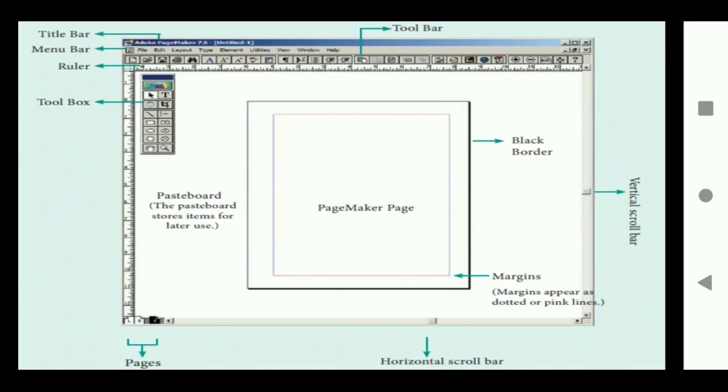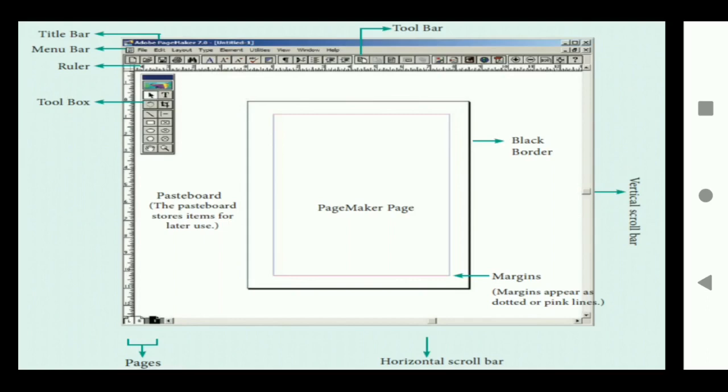After clicking OK on the dialog box, it will open as this. The sections are categorized as shown on the screen. I will explain. The title bar is the topmost bar, shown in the left top corner, and it shows the name of the file, which when opened blank is called Untitled one.